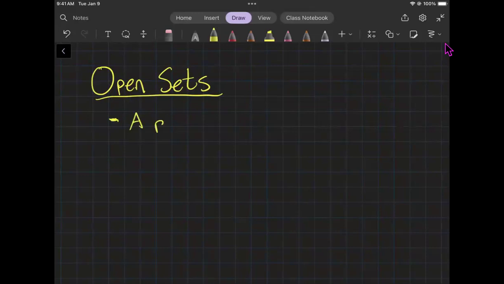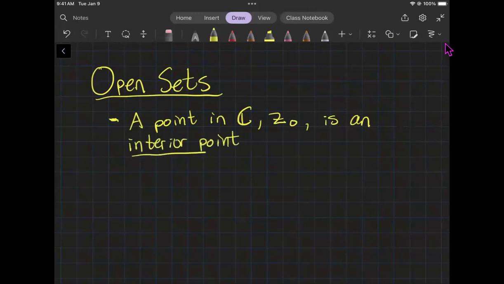So a point in the complex plane, let's say z0, is what's called an interior point of a set